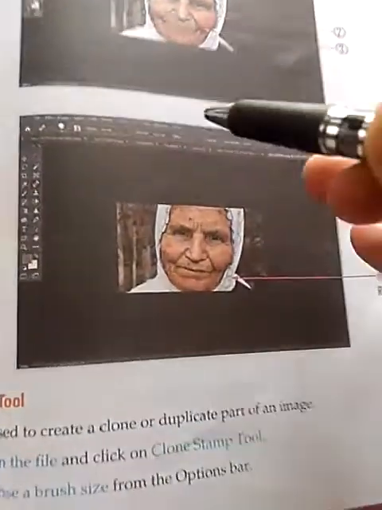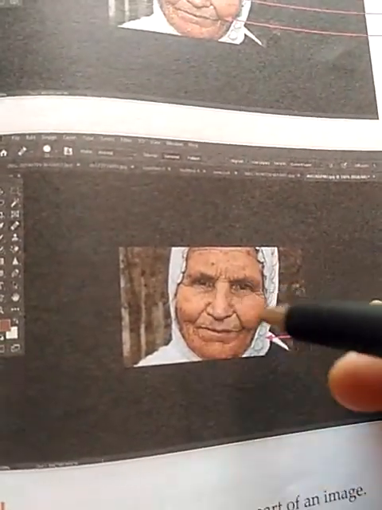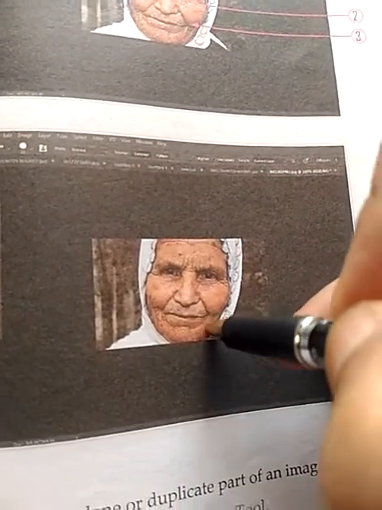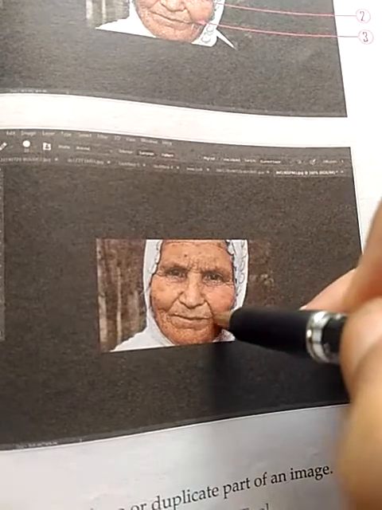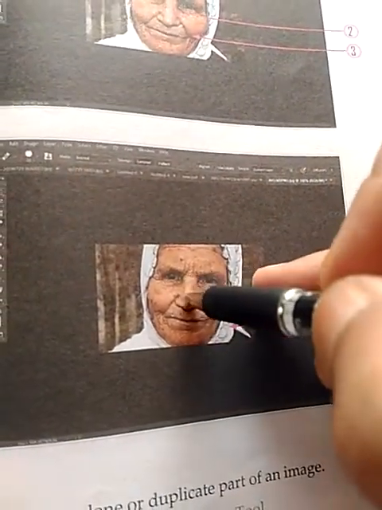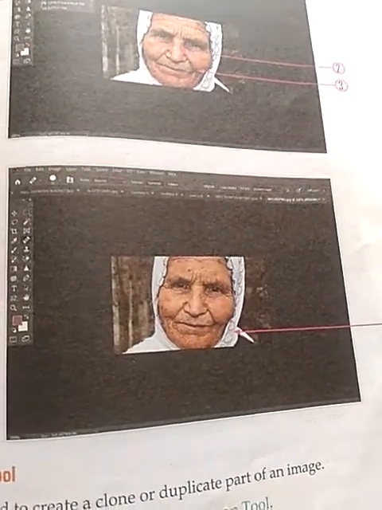Like here, first we have copied this area, after that we have moved the mouse cursor over here. In this way the defective portion in the image is healed by this particular area.